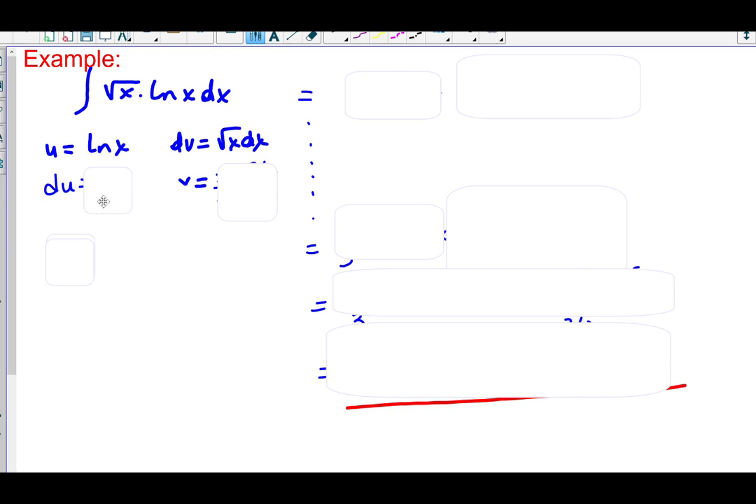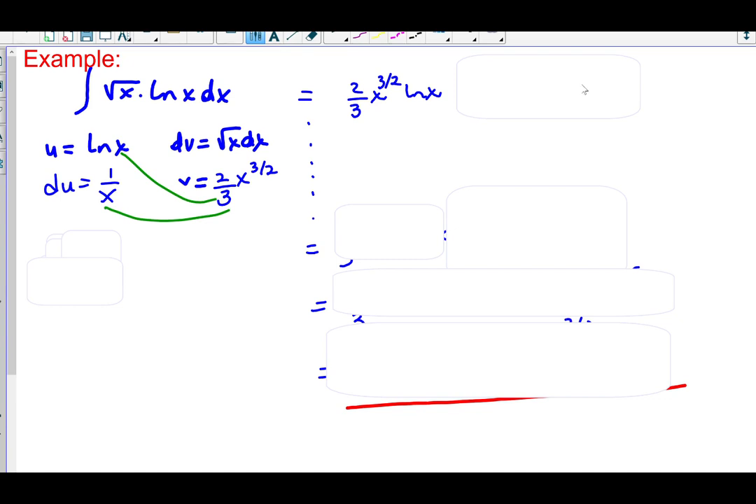Now, u to the du we differentiate, we get 1 over x dx. Okay, dv to v, we're going to anti-differentiate. It's going to be x to the 3 over 2 divided by 3 over 2, or 2/3 times x to the 3 over 2. And applying the formula, it's going to be u times v, so multiply those two together. So 2/3 x to the 3/2 times ln x, minus integral of v du,